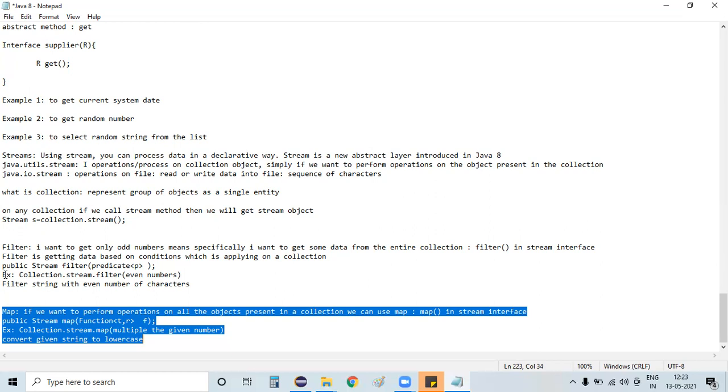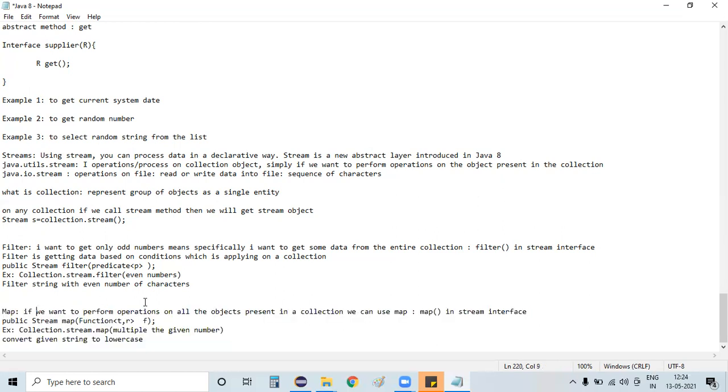Whereas if you compare with a filter, assume that there are 10 numbers given, out of which there are 5 even numbers and 5 odd numbers. The filter method will get only certain information, which is 5 objects. Whereas moving on to map, however many pieces of information you pass to this map, the same number of pieces it is going to return, based on the desired operation that you perform. So if we want to perform an operation on all the objects present in a collection,